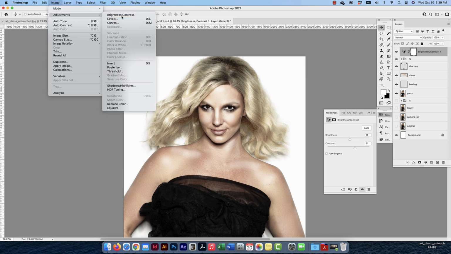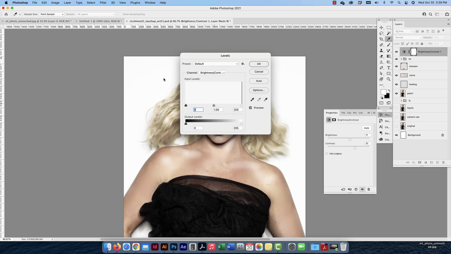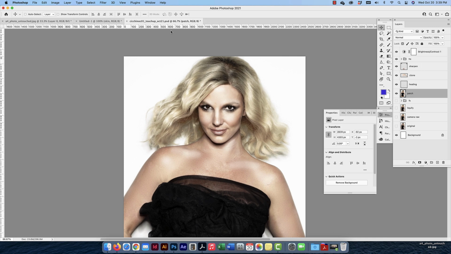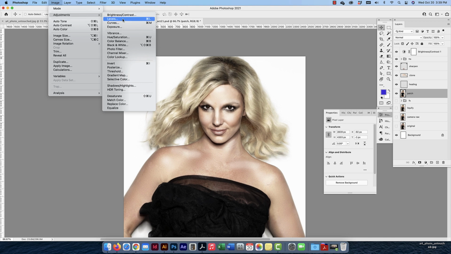And if I click on any one of these, say I go to levels. Now, if you'll notice something, I could play with levels. Sorry, my apologies. I'm on that layer. I was putting levels on the wrong layer. Let's pretend I'm on the patch layer and I click on level adjustment layers here, adjustments, and I'm going to